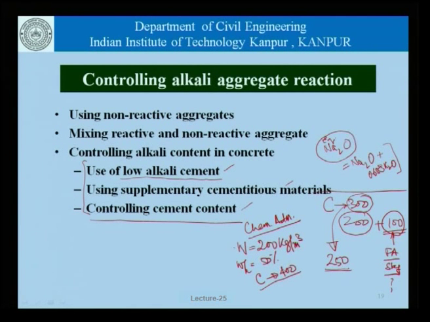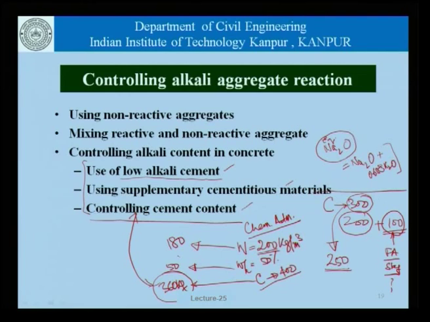But if I am able to reduce my water demand from 200 kgs to, let us say, 180 kgs, at the same water cement ratio, I will use only 360 kgs of cement. Basically, this is the cement reduction that we are talking about, controlling the cement content, that is, we are trying to reduce the cement